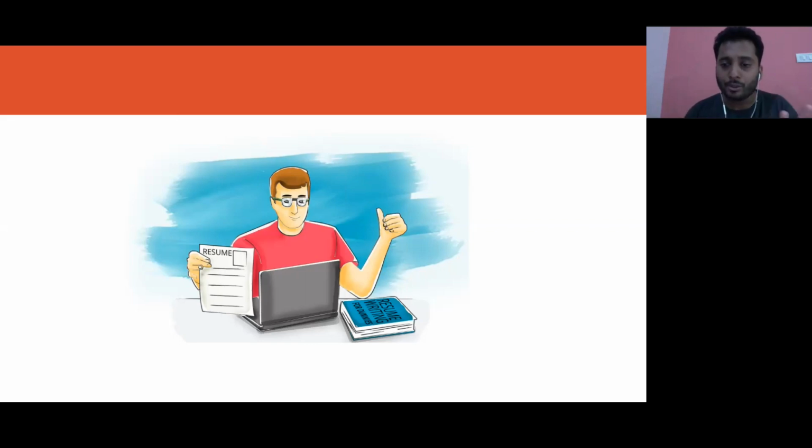So there are two scenarios, the first scenario and the second scenario. In the first scenario, this guy, while editing his resume, did not save the resume. In the second scenario, this guy actually saved the resume. So the difference between these two scenarios is that when you don't save, the data is still present on the RAM, and the data on the RAM will be there only till the power is there. It means if the power is there, the data on the RAM is there. Once the power goes off, the data from the RAM vanishes.